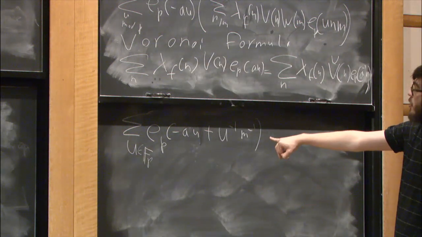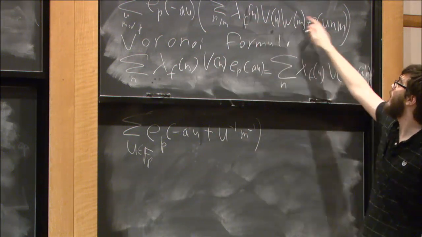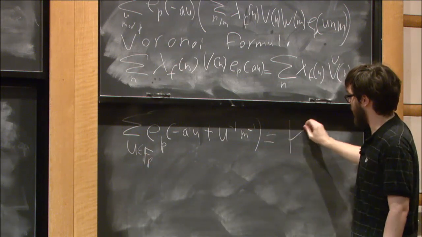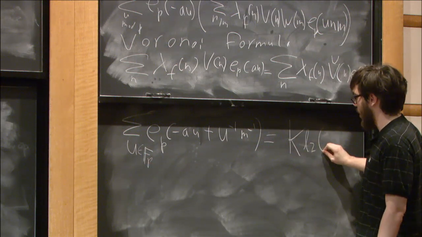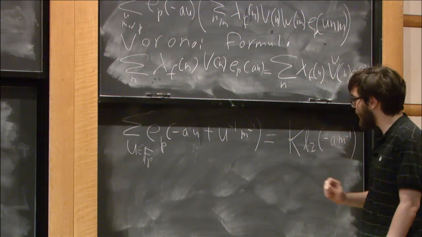And this sum would appear in our sum, and there's also these lambda f of n, these other stuff would also appear. But if we just focus on this, we see that it's a Kloosterman sum. It's a KL2 of minus a m inverse. So in your theorem